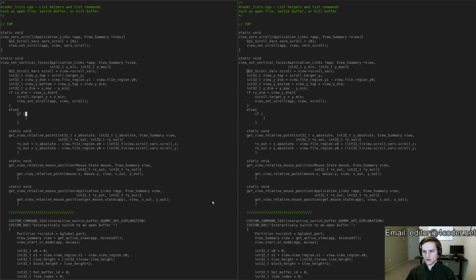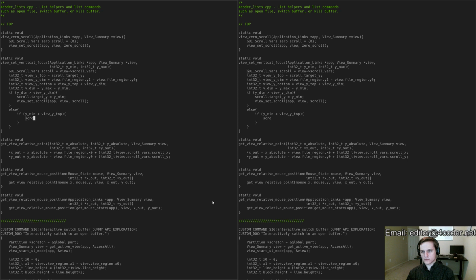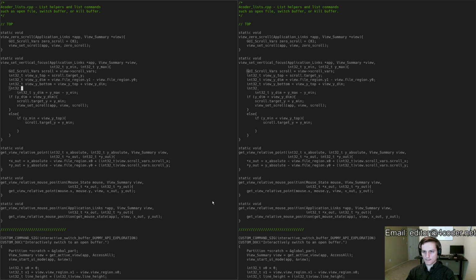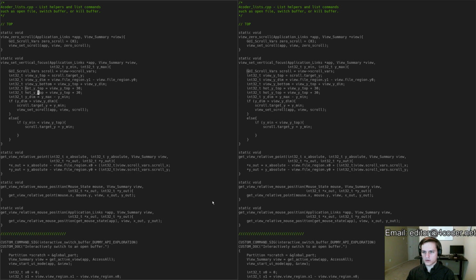So if y min is less than view y top, then what we'll do is set scroll dot target y to equal the y min, but that's actually not quite right. I don't want to put these right on top of the view. I want to put them right. Hot y top equals view y top plus, I don't know, just give it a fixed skirt. View y bottom